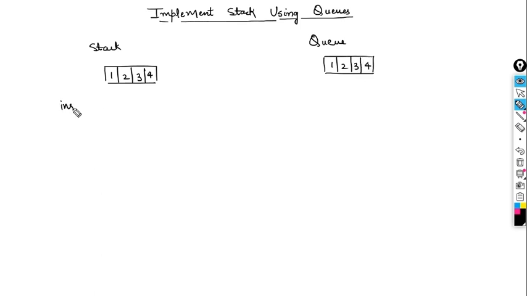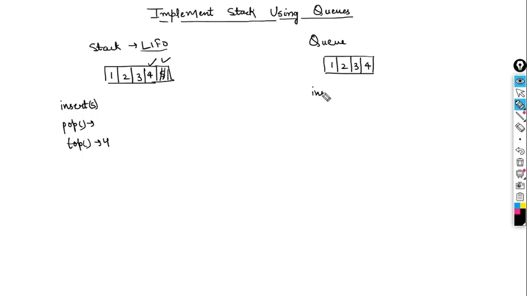Now let's say I want to insert something inside a stack. How can I do that? Say I want to insert 5. The element will be inserted here, right? So 5 will be inserted here. Now say I want to remove something from the stack. The last inserted element will be removed because we know that a stack follows the LIFO operation, that is last in first out, right? So this 5 should be removed after this operation. Now say I want to check the top element of the stack. Which is the top element now? I think 4 is the top element because 5 has been removed. So it will return me 4.